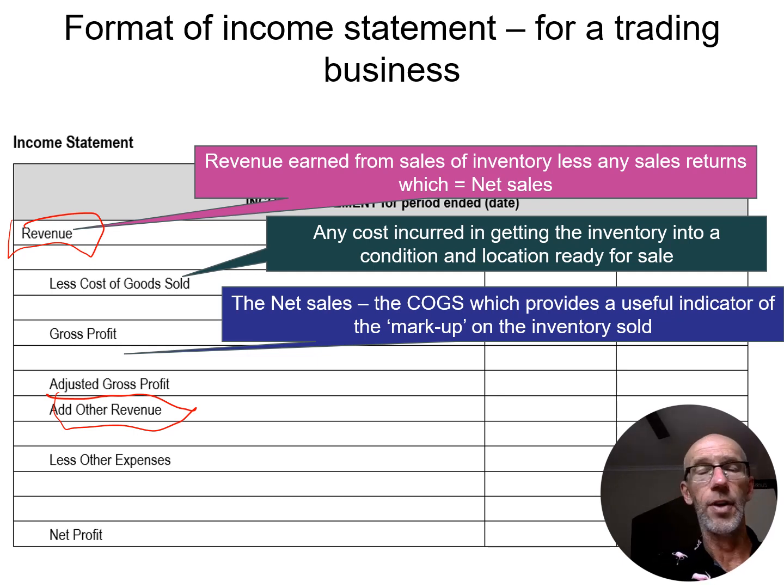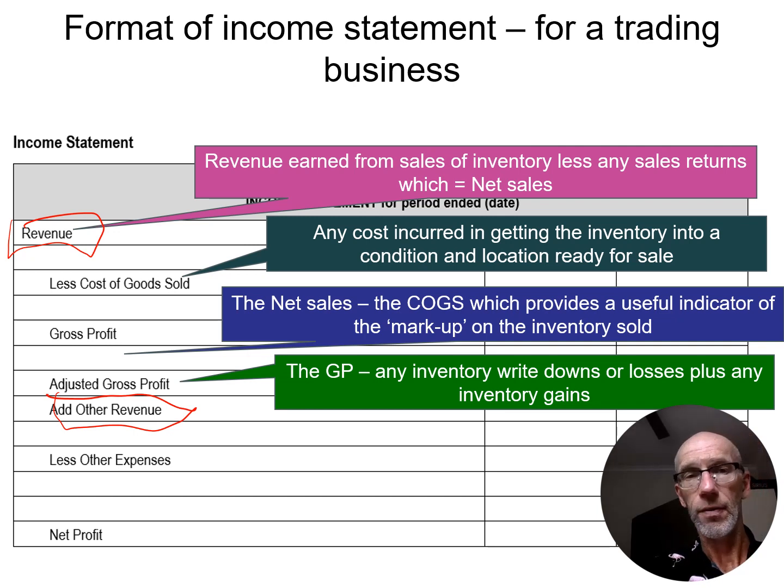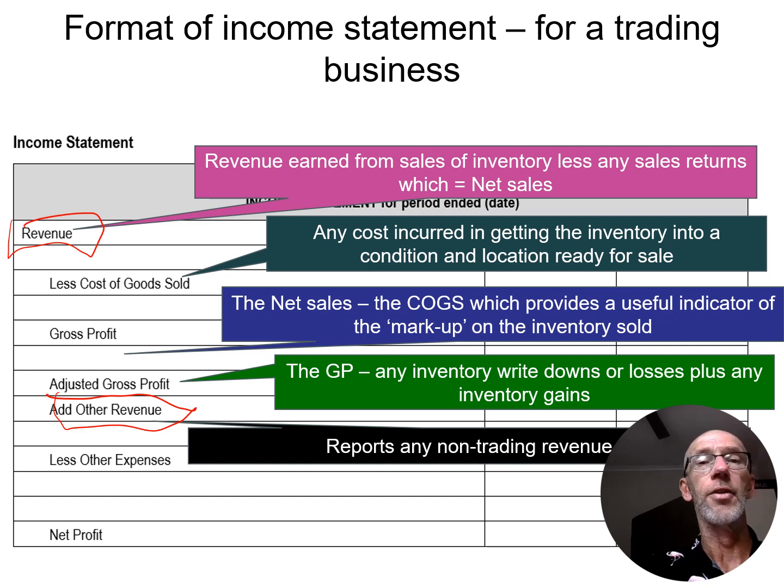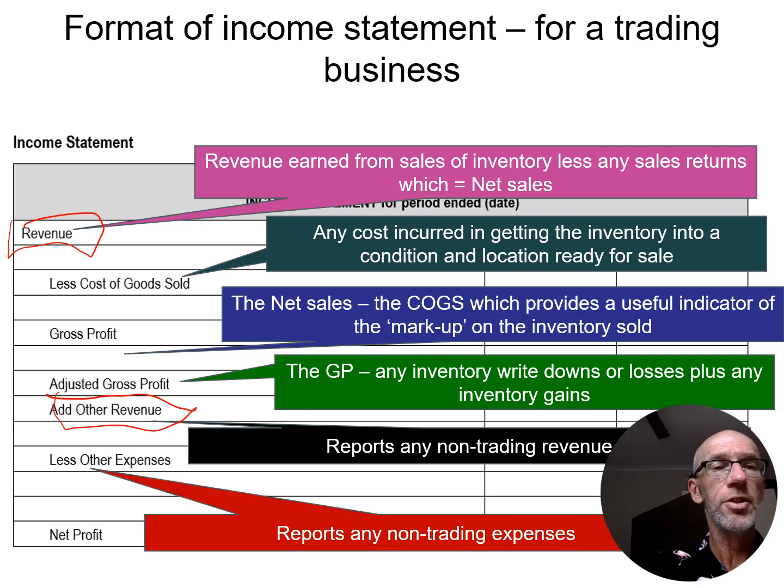And that gives us a very useful indicator of our markup on the inventory that we've bought. If we have any stock inventory losses, inventory gains, inventory write-downs, then they go between our GP and our adjusted GP. Then we add our other revenue, which is our non-trading revenue. So that might be some interest received, a discount received from an accounts payable, etc. And then we list all our other operating expenses, our non-trading expenses such as wages, interest, insurance, our utilities such